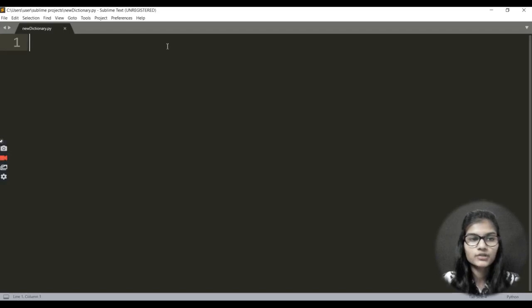So today we are going to make a Python project, and in that project we are going to make a GUI dictionary app. It will be a dictionary app that you can use to find the meaning of any word. Let's say you have a word and you need to find its meaning. No need to go to Google or open your hands-on dictionary. Just open this app, the GUI dictionary app you are going to make, and you will be able to find out the meaning of that word.